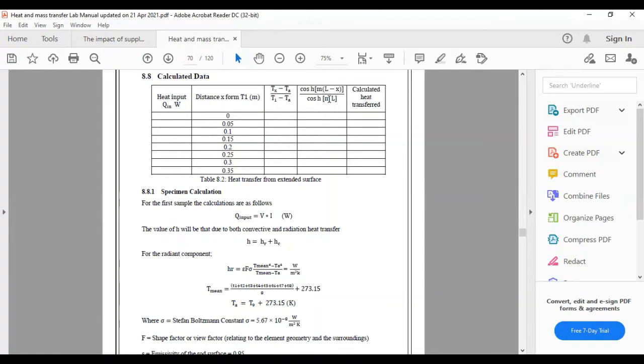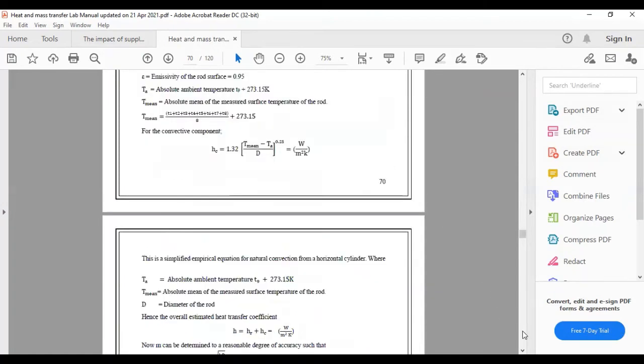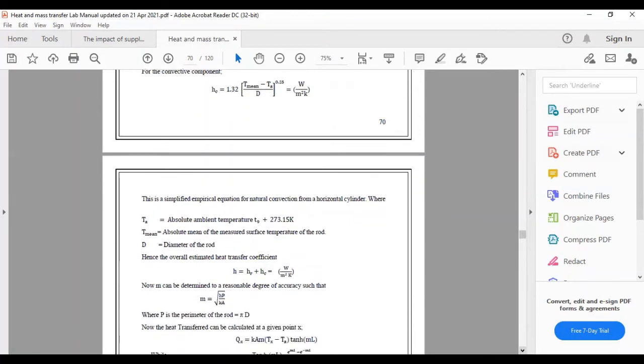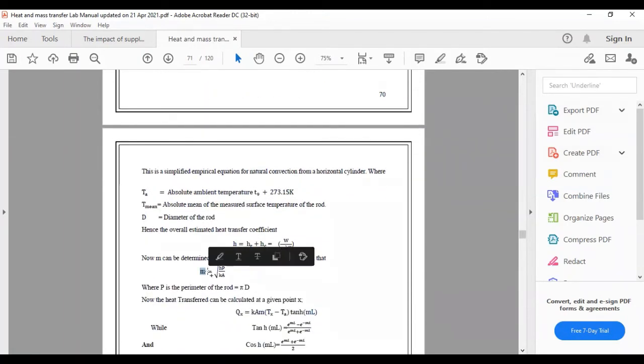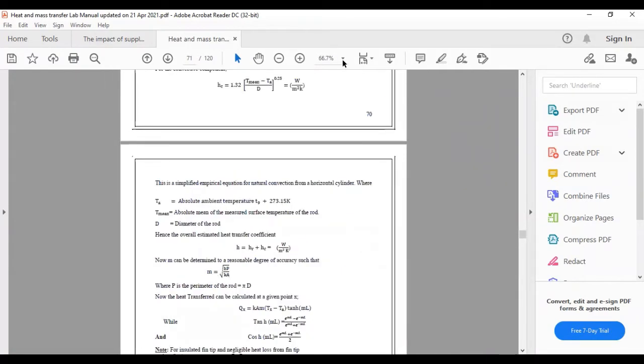Now what's about this m? We will see how we will measure this m. M is basically a constant value, and its formula is given here. This is m. M is a constant value, and we will get it by solving different constant values. For example, this is measured with this H, P, K, and A, and by taking their under root. So what are these values? Now I will explain it to you one by one.